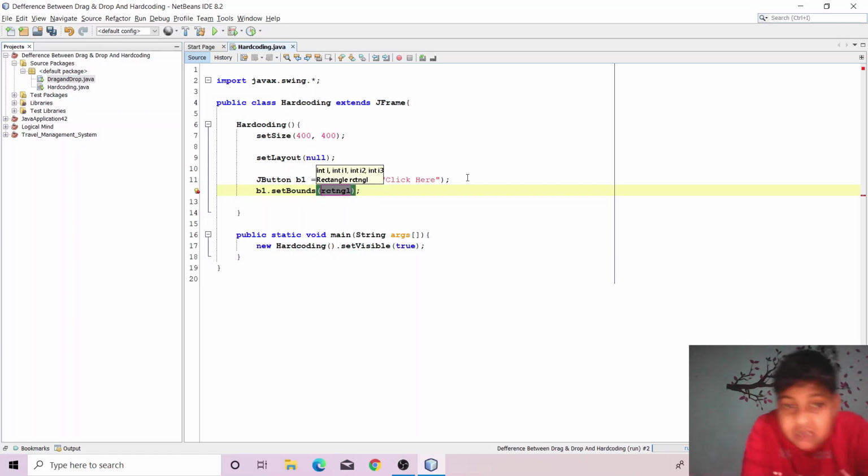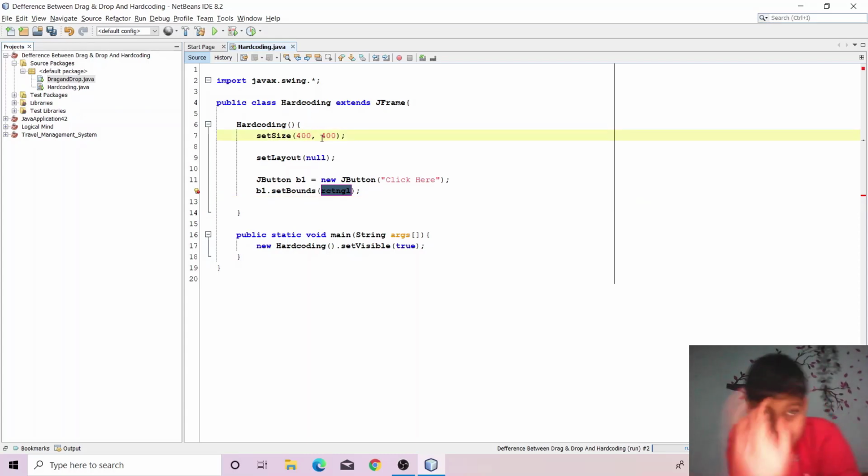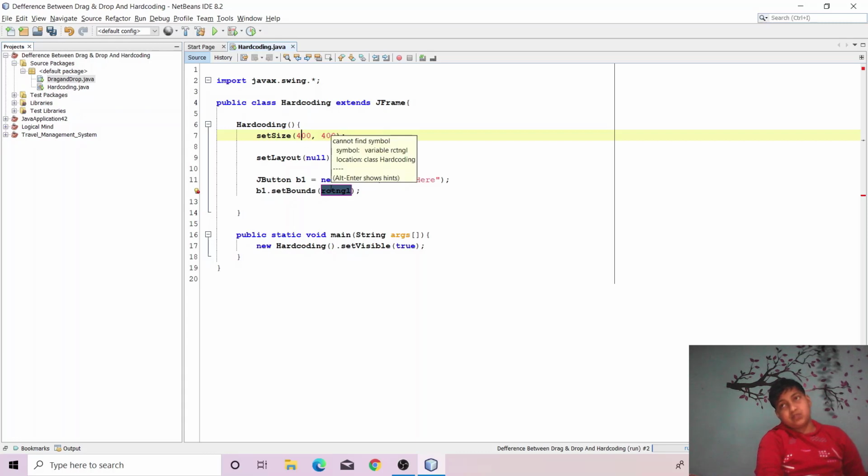So first two arguments, location. Suppose approximately at the center. In set size also, the first argument should be its length and the second argument its width, meaning the height. This length is 400, and 400's half will be 200, right?